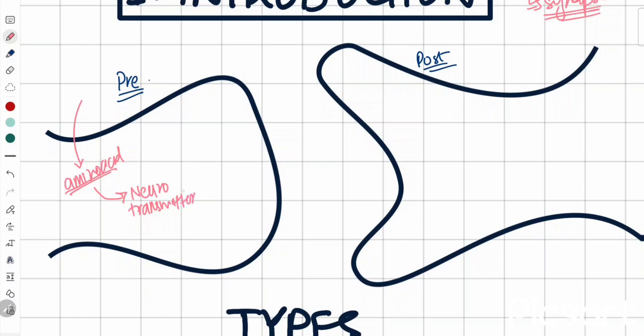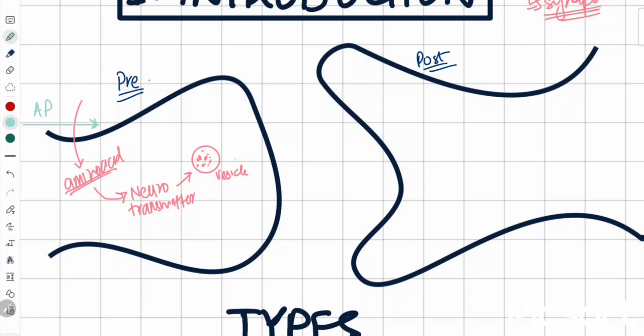And this amino acid is converted into a neurotransmitter. And this neurotransmitter is then packaged into a vesicle, like that. So this is a vesicle containing a lot of neurotransmitter molecules. Now what happens is that when an action potential arrives, so this is an action potential that arrives through the presynaptic neuron,